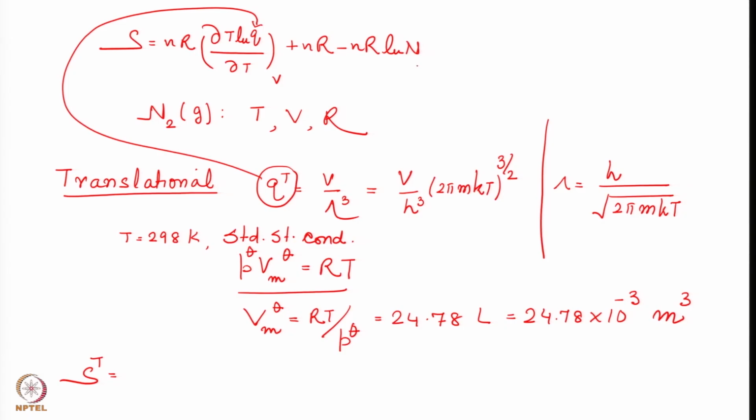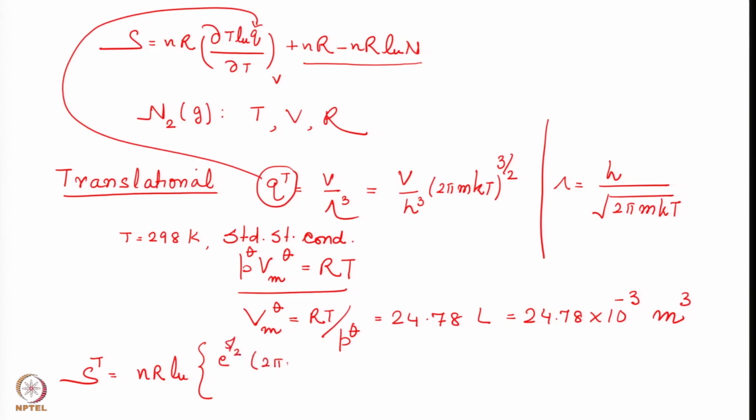We have included the n factorial factor and come up with this expression including nR minus nR log n. Therefore, this expression, when you apply for translational contribution, will eventually take the form of Sackur-Tetrode equation. And what is Sackur-Tetrode equation? nR log, I will write e raised to the power 5 by 2